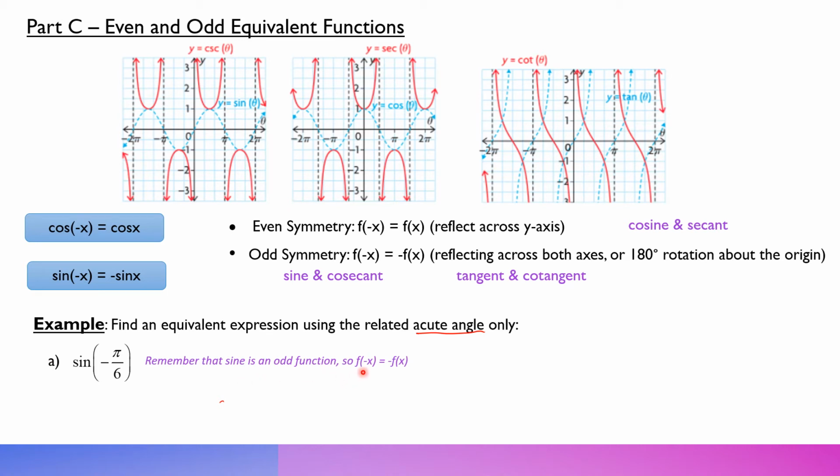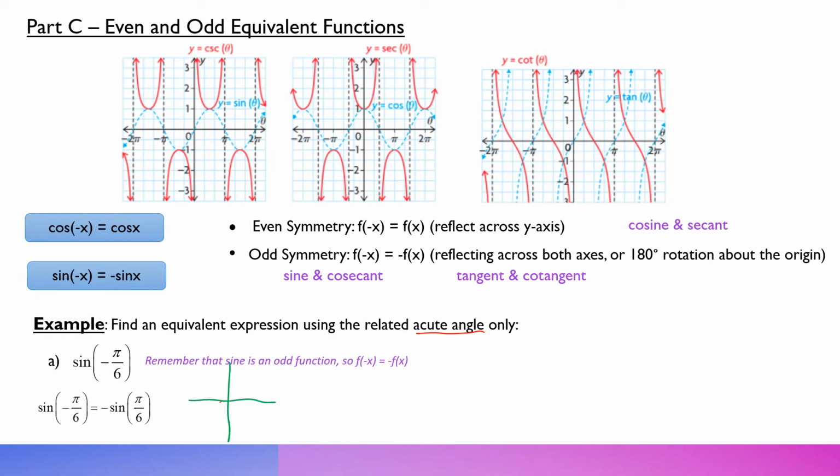So f at negative x, which is what we have here, a negative with our x, a negative with the angle, is equal to negative f at x. So I'm just going to rewrite it like that. These two are equivalent. And just so I can show you visually what that means, the first one,